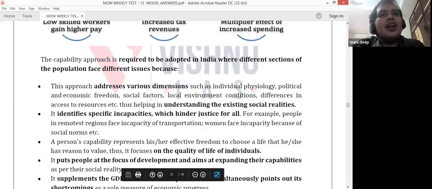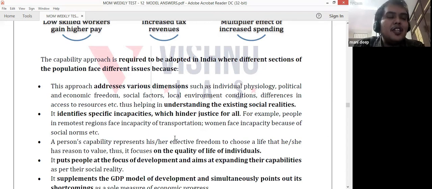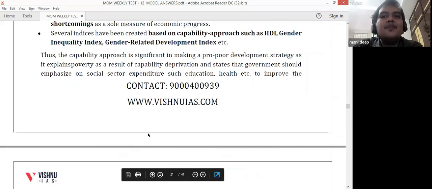In the capability approach, we are addressing improving the capacity of the people to take up jobs on their own, like skill development or providing them capital, and improving the quality of life of people by providing them education, health, social protection, etc. So these are the things you should write about, and you can quote them in the issues in the conclusion.